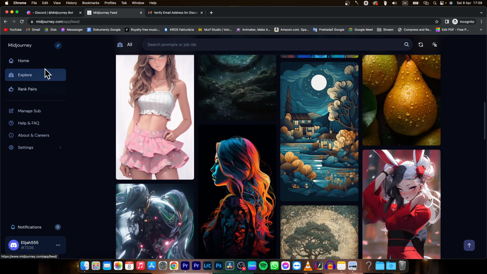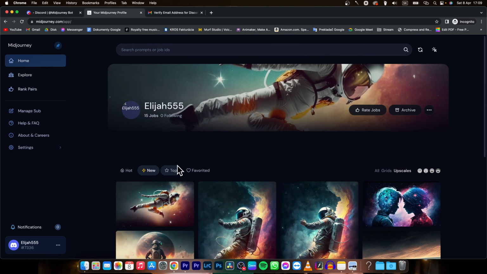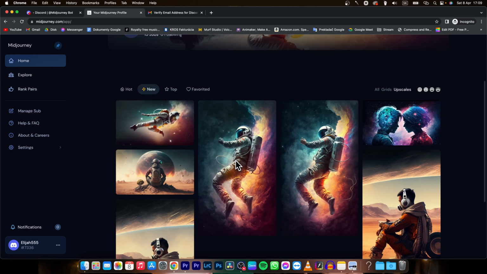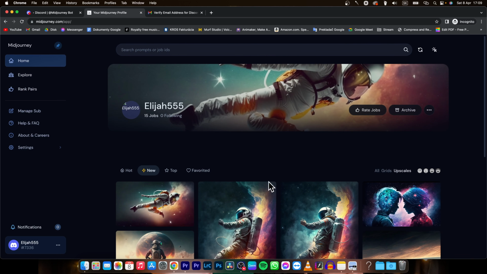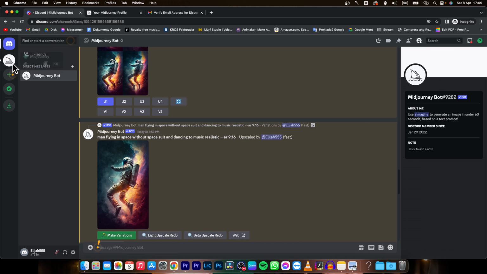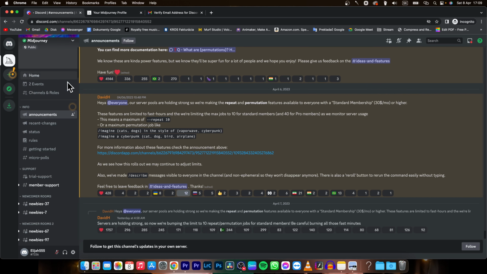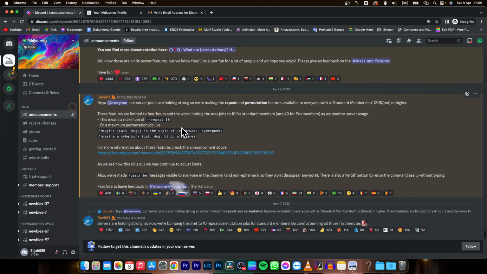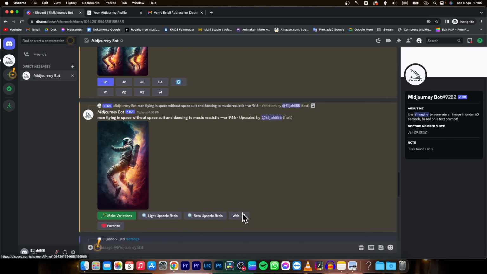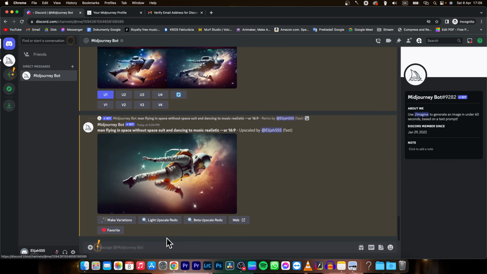So go back to your home page, and when you have no art generated, you will have a button here which says connect to your Discord account. Click on that and accept the invite from Midjourney to your Discord. It will open your Discord account and the Midjourney server with 15 million members in it. Just go over to your direct messages and Midjourney bot, scroll down and type